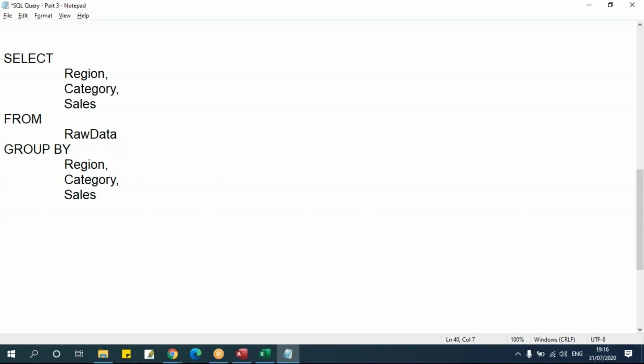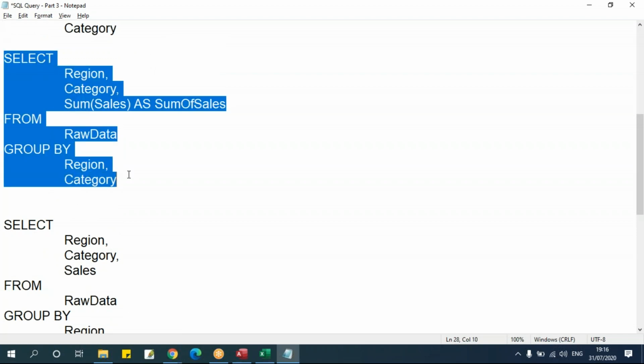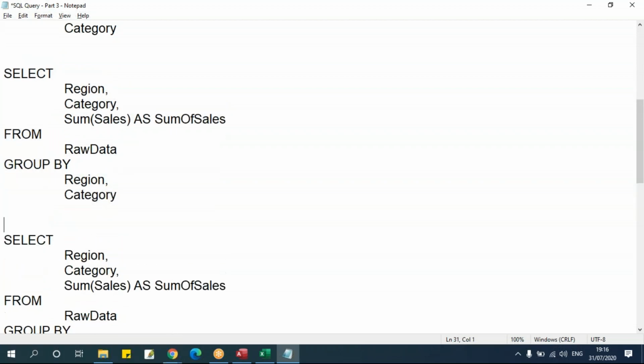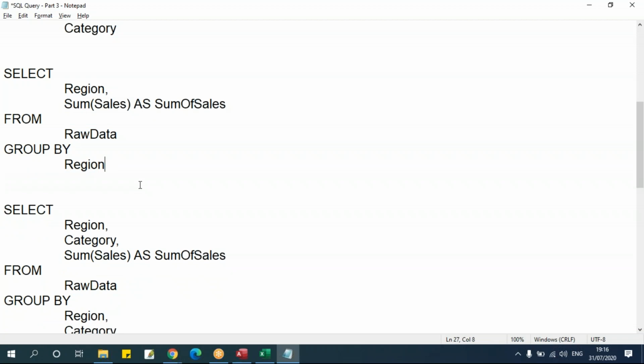This is like grouping, but what you see here is the calculation, that is sum. Suppose if you want only for region, then what I'll do, let me copy this, go here, paste it. Now if I remove this category, make sure that you remove the category from this grouping as well, like this.